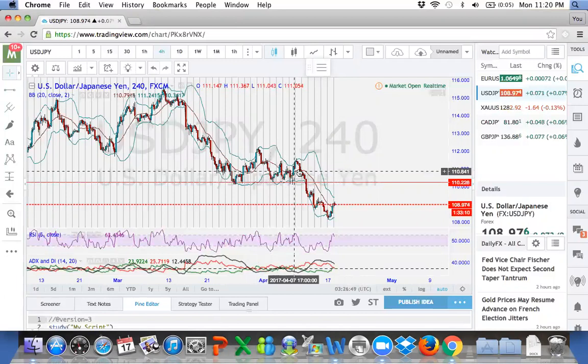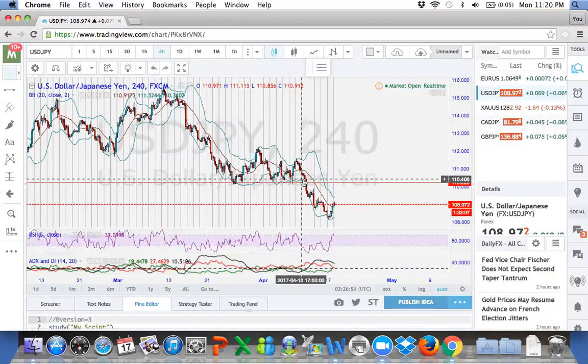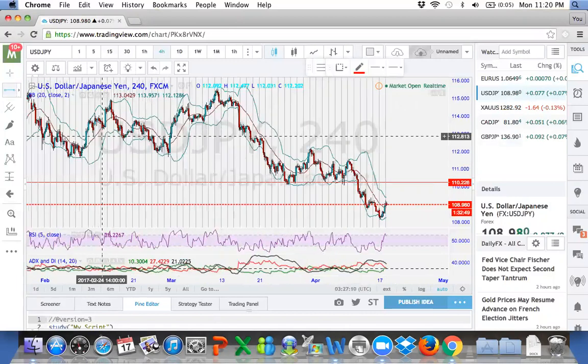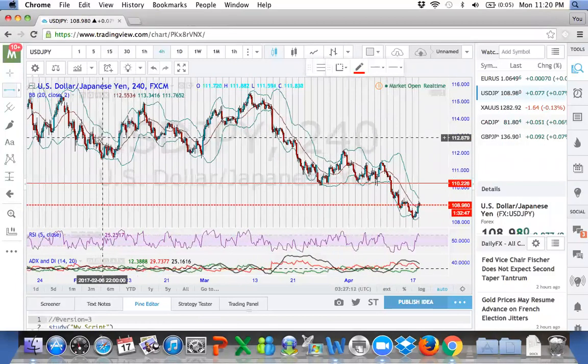Now what you're going to see is for support to be broken or resistance to be broken, it's going to take a big candle. And I'm going to prove it to you right now. I guarantee you every single time you see the price break through support or resistance, it's taken a big candle. Watch. So we'll go in the past here. All right, as you guys can see